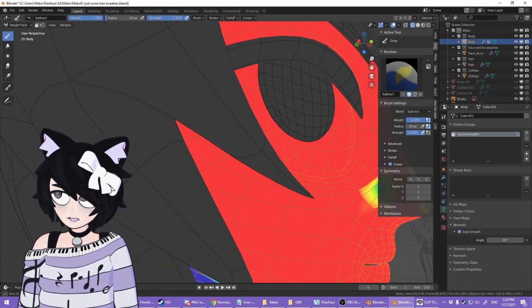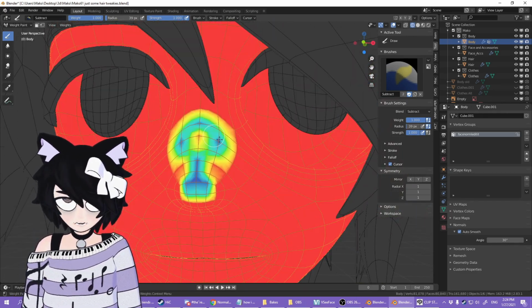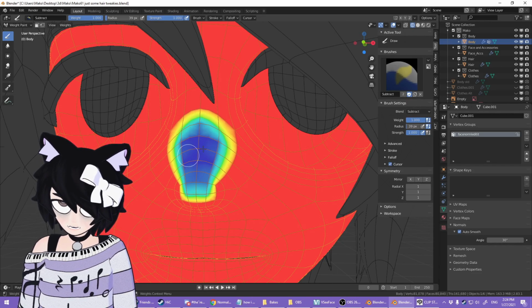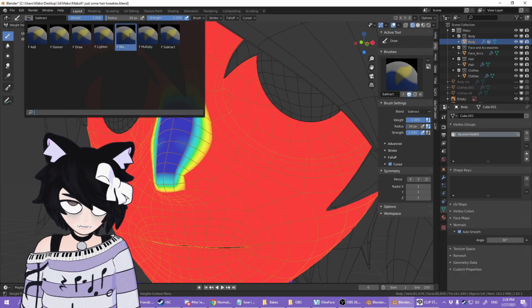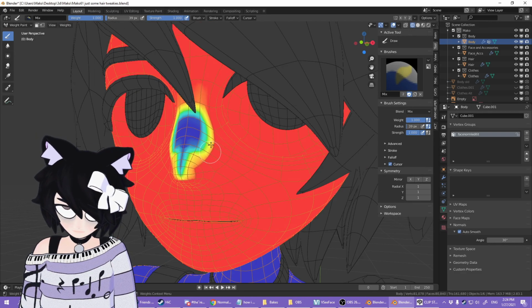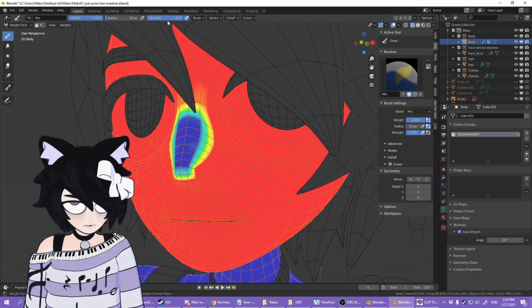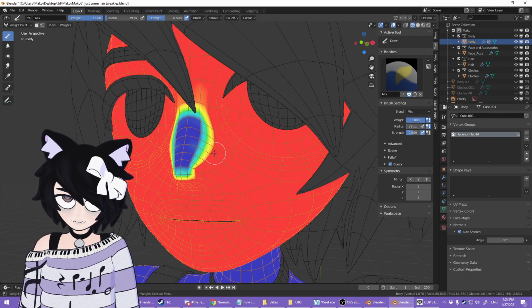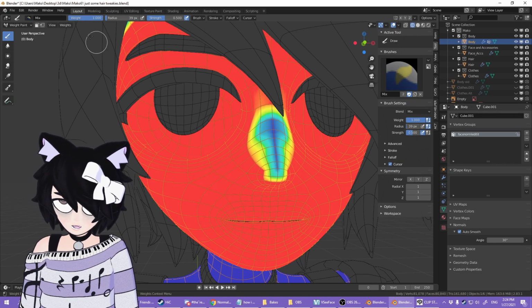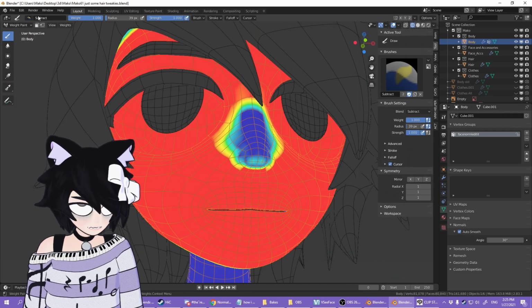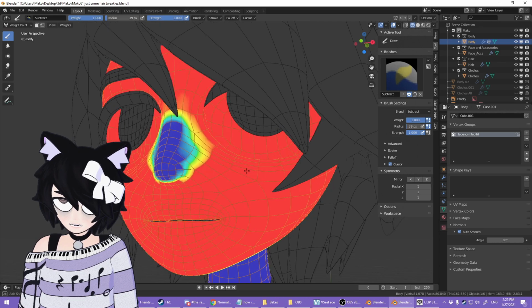Can't really tell you why. But anyways, we're just gonna give a little area where it's not gonna be affected. Right around here. We go into a mix brush to, well, we're gonna need to set that strength to, let's try half. And blend it in a little bit more. Yeah, something a bit like this should probably work for our purposes.